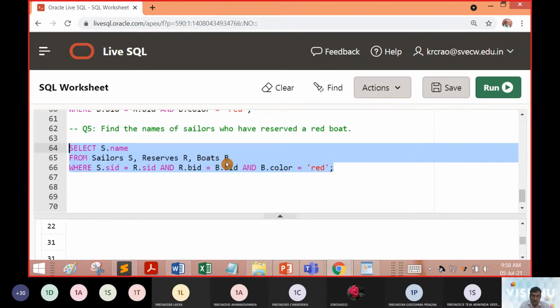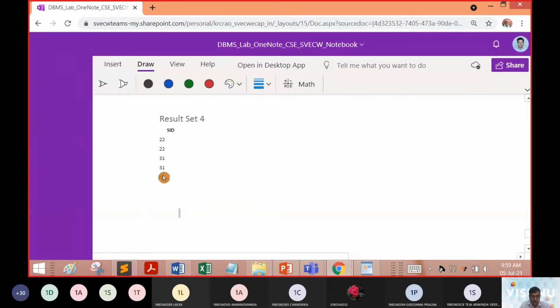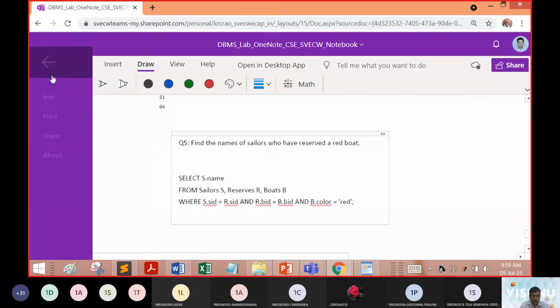Then we need to unify boats and reserves, for that we are going to make an equality condition. Thereby, we need to unify sailors and reserves, therefore we are going to make an equality condition. So in this way, we are going to run this query for appropriate execution at this point of time.